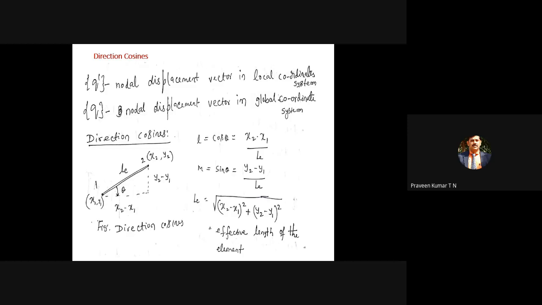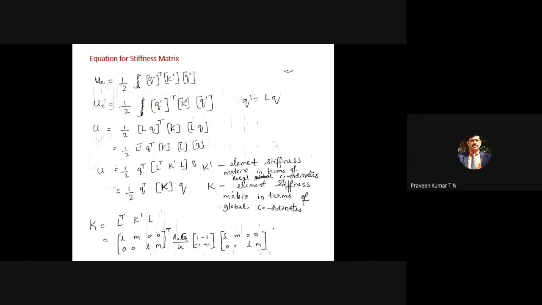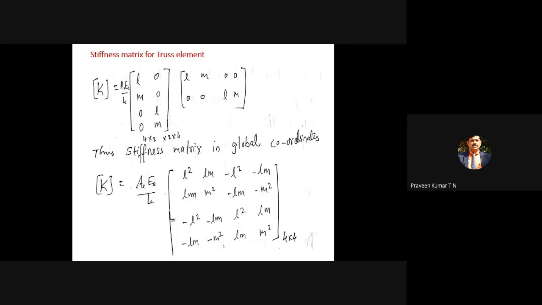In some problems, they may not give the length of the element. So these things are not required for this one. And finally, you have to remember the stiffness matrix for the truss. So this part is AE by Le, because even for the bar also the multiplication factor for the stiffness matrix is AE divided by Le, and this changes. So only if you remember the first 4 elements, that is sufficient.